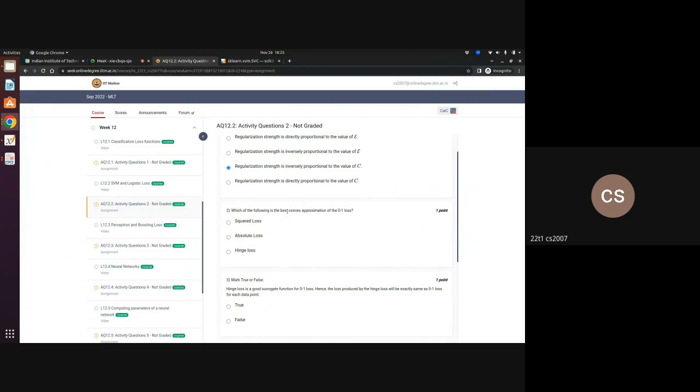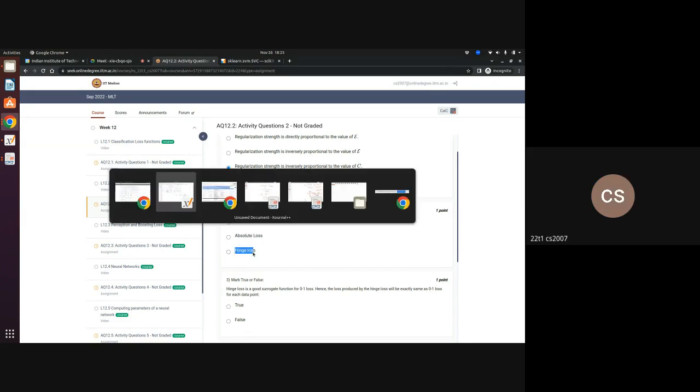Which of the following is the best convex approximation of the 0-1 loss? Just now we discussed that squared loss is not a correct approximation of 0-1 loss, because it gives a huge value even when there is no mistake. Absolute loss, as we know, is not differentiable, so this may not be a good choice. Then hinge loss, we have seen it